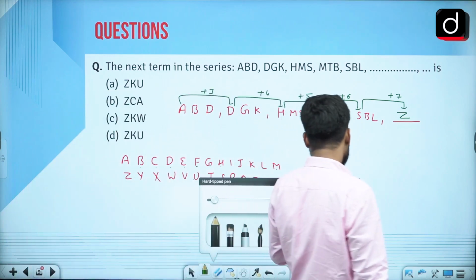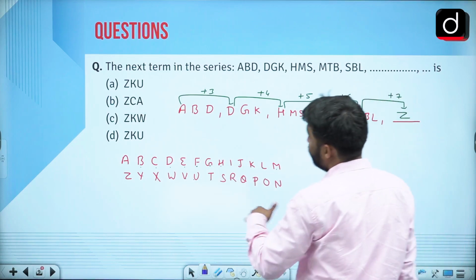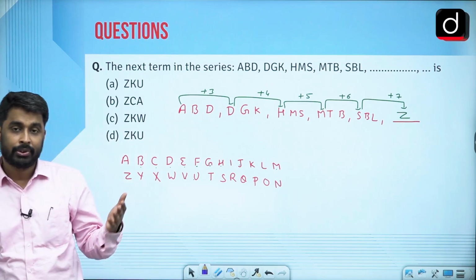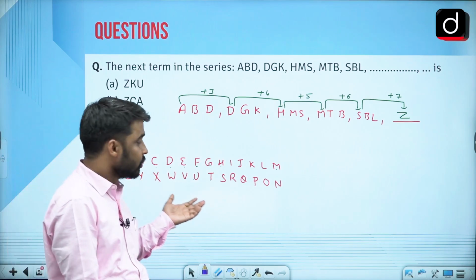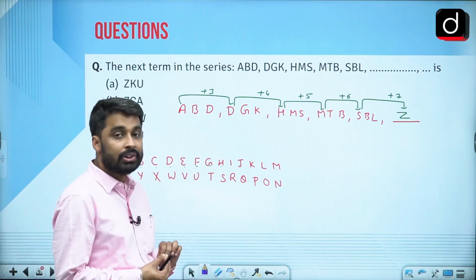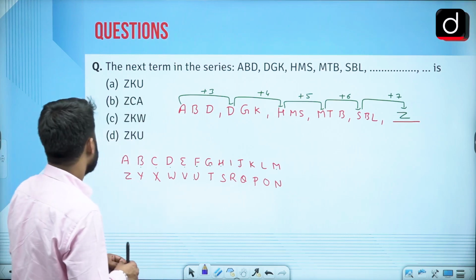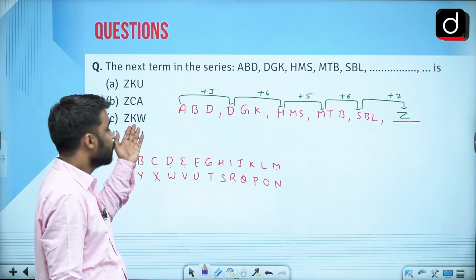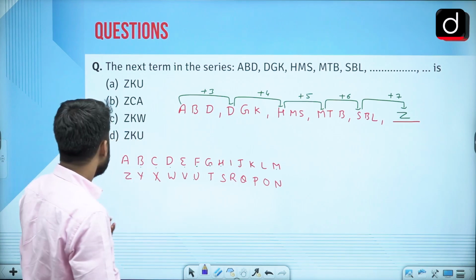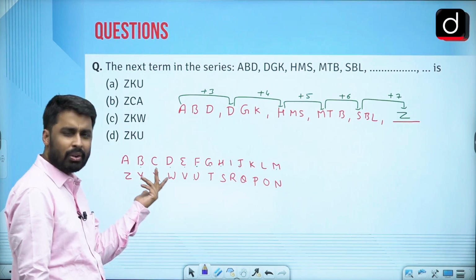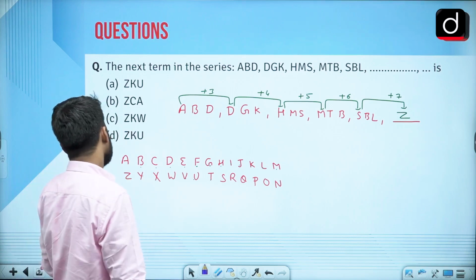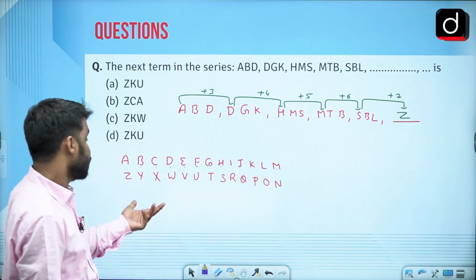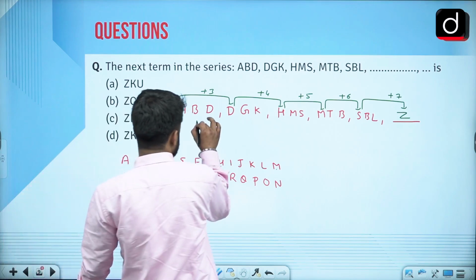Because we are at the learning phase, we are going step by step. Even I could have skipped this first letter because all 4 options were starting with Z. So instead of finding the logic for the first letter, I would have taken the second letter. But the second letter is also K, so I would go with the third letter, but the third letter is U. So I can eliminate only 2 options. I have to solve for the second and third letter, otherwise I would not be able to solve. So in this question, you have to find the sequence for every other letter.